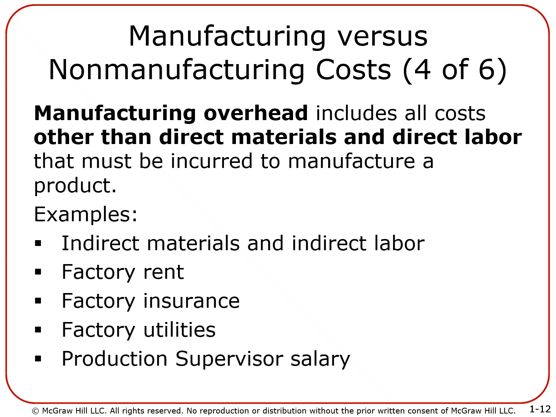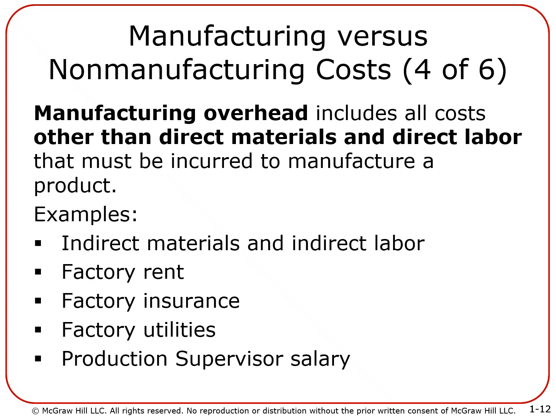There could be other indirect costs. For example, think about the factory rent. Rent is not linked with manufacturing directly, but you need to pay the money. Insurance that you are paying for the factory, right? You want to make sure that the factory is secured. God forbid, if anything happens, you could take care of that. So you need to have the insurance. You need to pay this money, but you cannot directly link it to the car itself, right? Similarly, utility expenses, and like I told you, production supervisor salary.